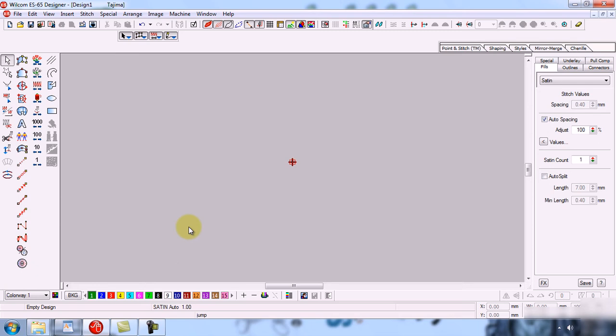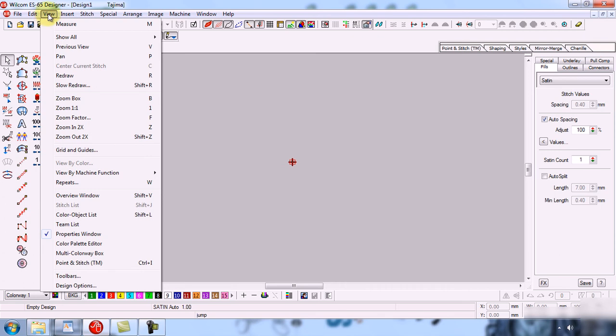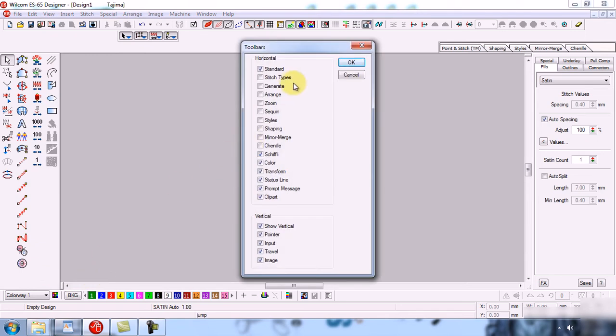To insert any type of toolbar, you have to click on the view button in the menu, and then in the drop down menu click on the toolbars button. Here you can see all the toolbars. You can show or hide any type of toolbar.